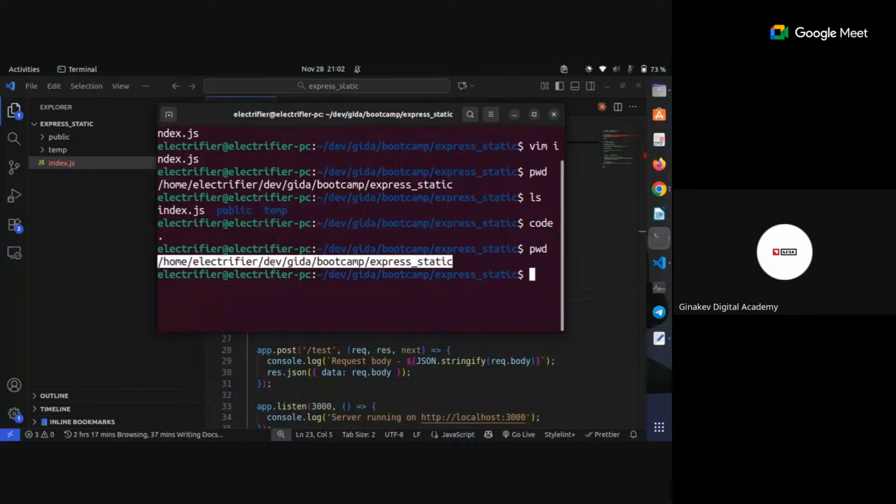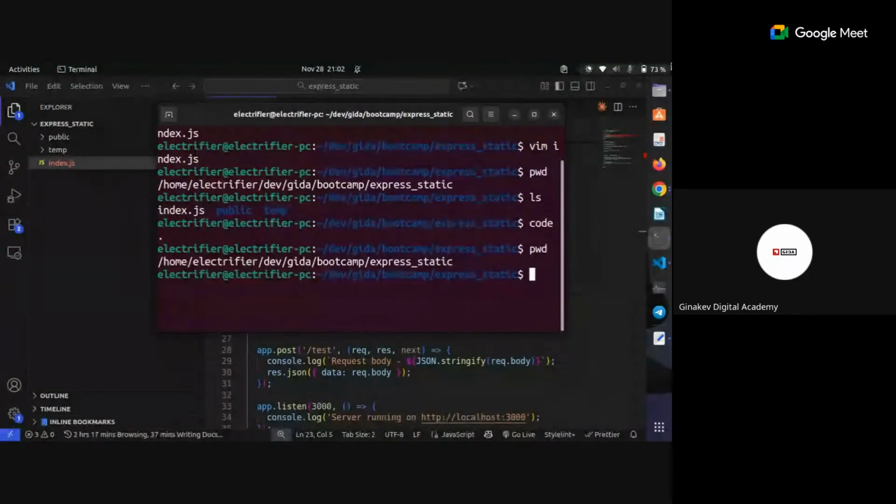If you know how the file system works, the way files are saved in your system, basically this first slash here is your root, understand? And then inside this root, you now have the home folder. And then from home, this is now my own home, the electrifier's home, you understand? So inside the electrifier's home,